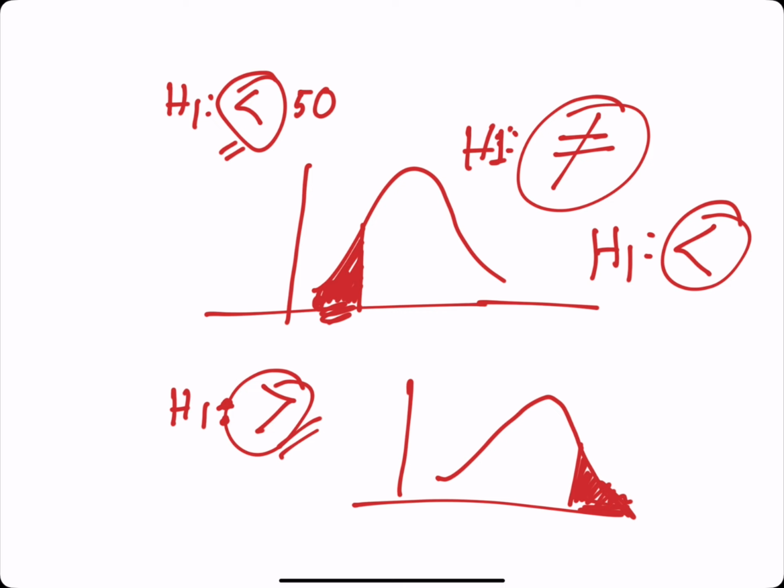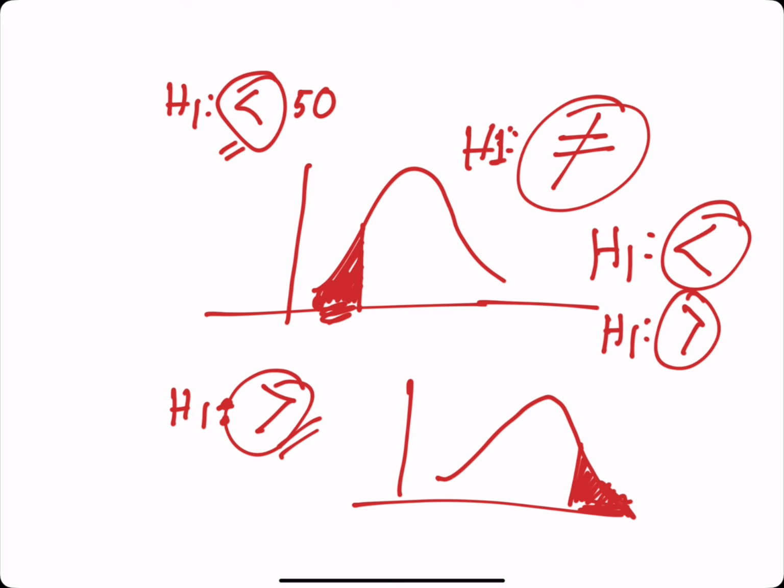And the third, the upper tail test, has the rejection region on the right side of the curve, and you can identify it by seeing the greater-than sign in the alternate hypothesis. Okay,